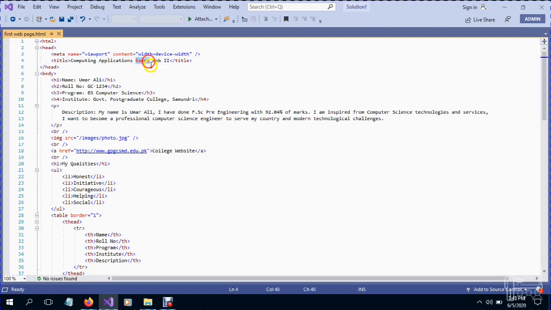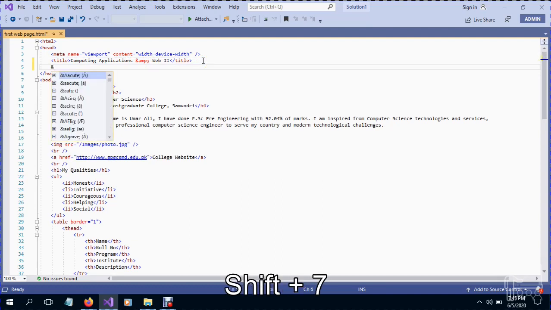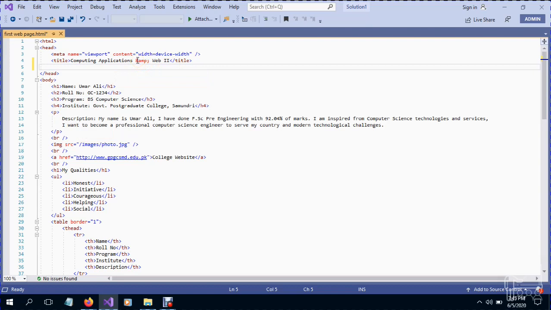This is an ampersand. As you know, in our programming languages, ampersand is an operator. You cannot use this directly. So if you want to use some special symbols, you have to put the ampersand, then write its acronym or short form.